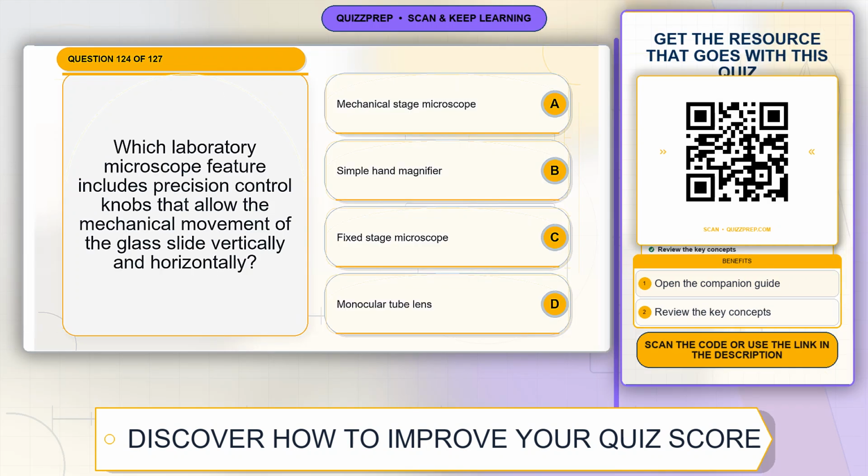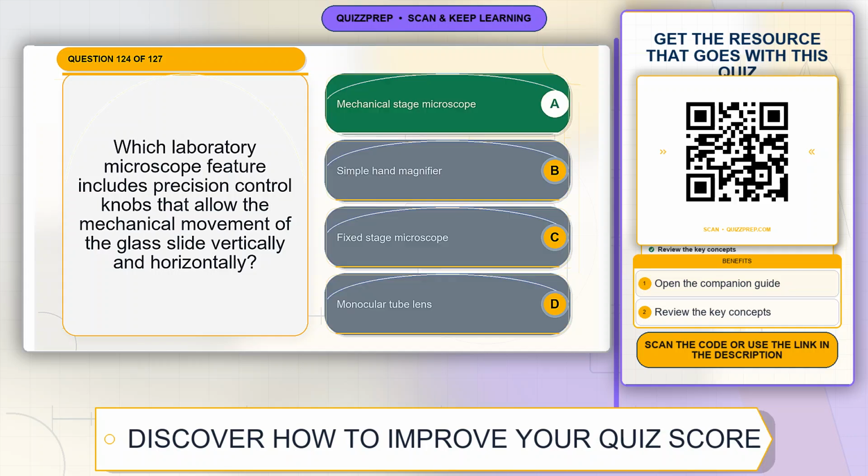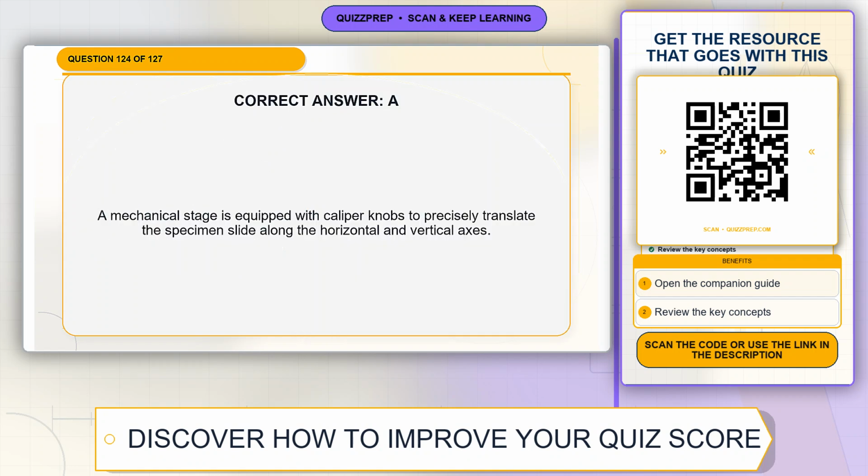Question 124. Which laboratory microscope feature includes precision control knobs that allow the mechanical movement of the glass slide vertically and horizontally? Option A, mechanical stage microscope. Option B, simple hand magnifier. Option C, fixed stage microscope. Option D, monocular tube lens. The correct answer is option A, mechanical stage microscope. Explanation. A mechanical stage is equipped with caliper knobs to precisely translate the specimen slide along the horizontal and vertical